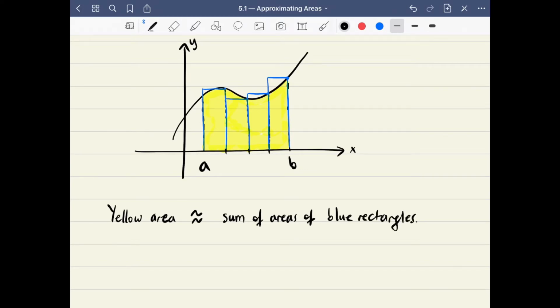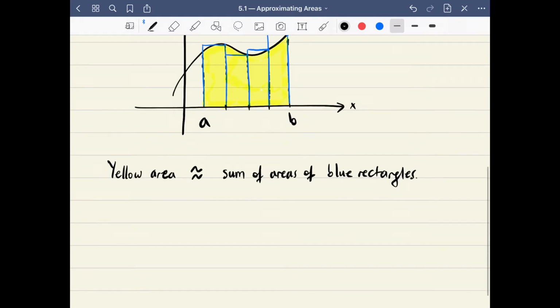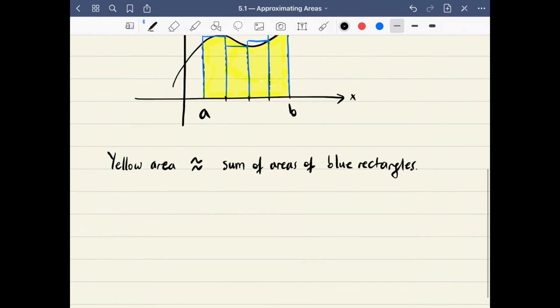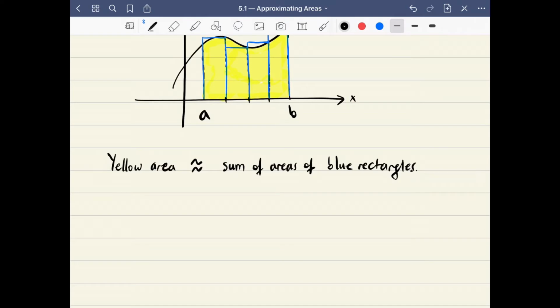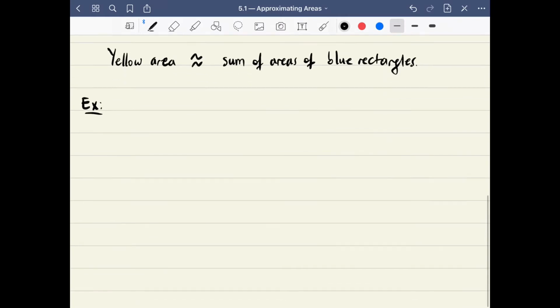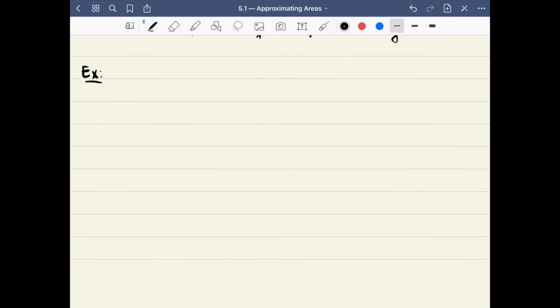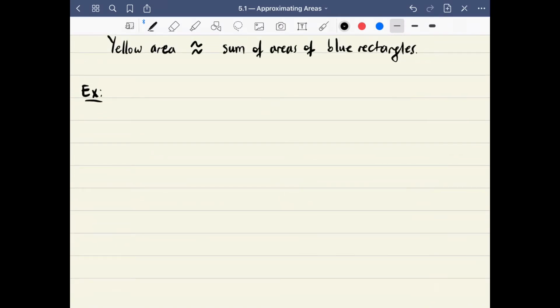Okay, and this is how we'll proceed. All right, so let me first do an example and then we'll proceed from there. One example is the following. Let's try to do this whole procedure here using a specific function and specific values for a and b for the interval. All right, so let's approximate